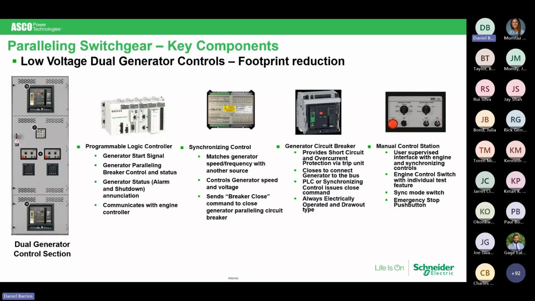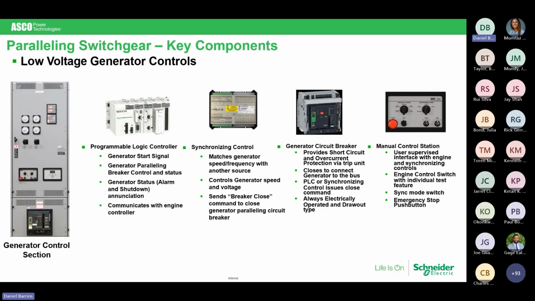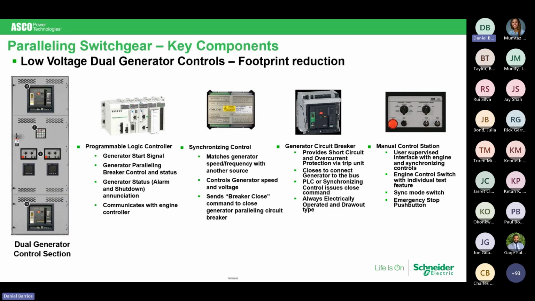Low voltage designs here with the dual generator section. Now we went from this section here, we're looking at this one here now, and in doing so, we've reduced your elevation view, your footprint by one section. You can see though that when you go back to the other, we have some analog meters, we have some additional status panels and such. You may lose a little of that functionality and will be relying on the OIT screen, the operator interface terminal, that you can gain some of that information. However, the main thing is that up to a certain ampacity, we can do this.